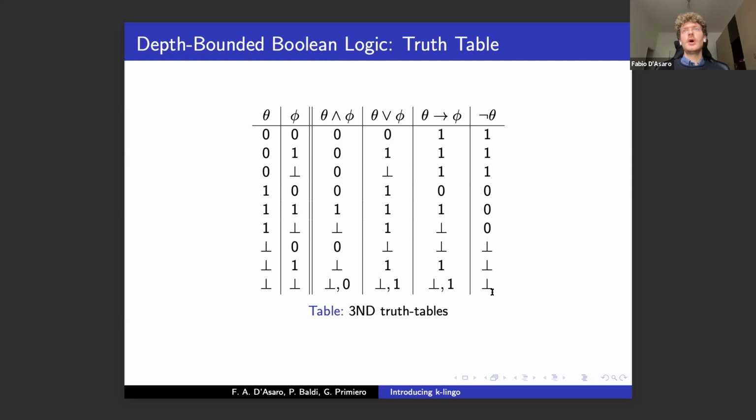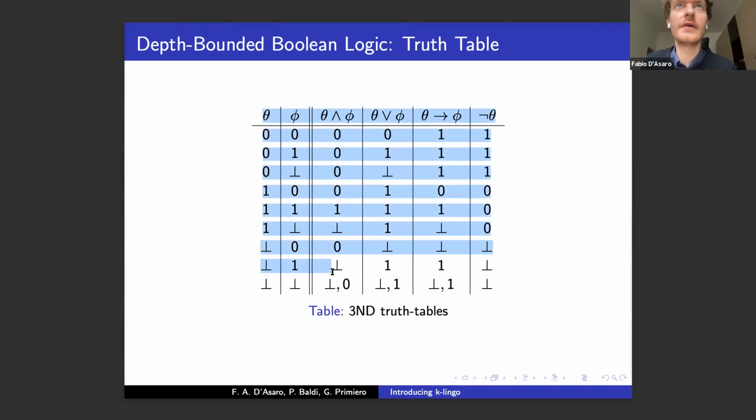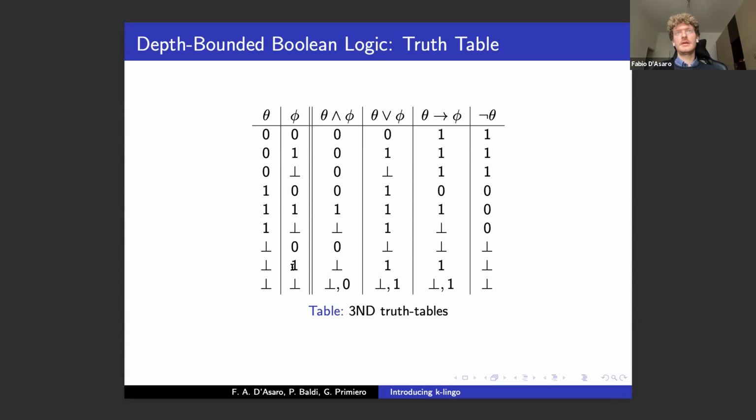They are based on this type of truth tables that are non-deterministic. So basically, whenever at least one of the truth values is a definite truth value, so it's true or false,